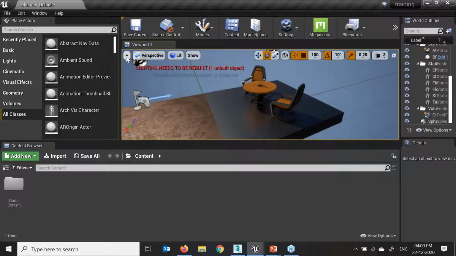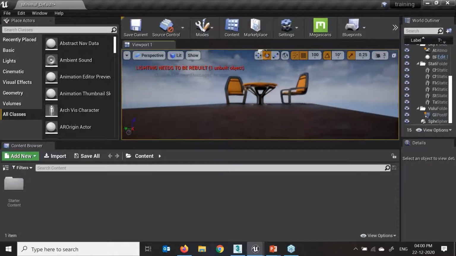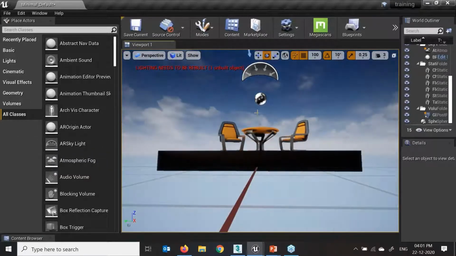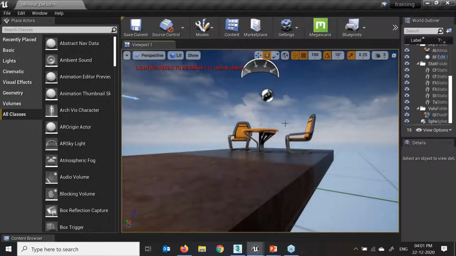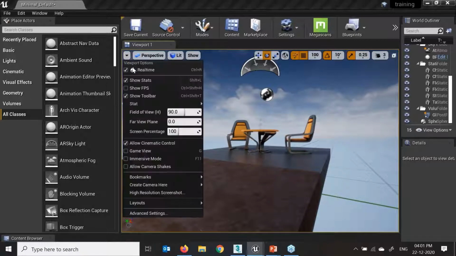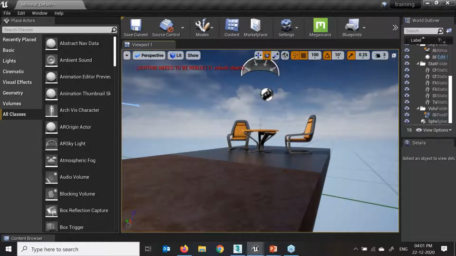When we talk about these tools over here, here we have the real time option. If I just rotate and see here, you can see my sky is moving. My sky is moving, so it takes a very good amount of RAM to play. If I don't have a good amount of RAM, I'll turn off this option over here. Here it's indicating your real time is off. I just click over here again, my real time will be on.